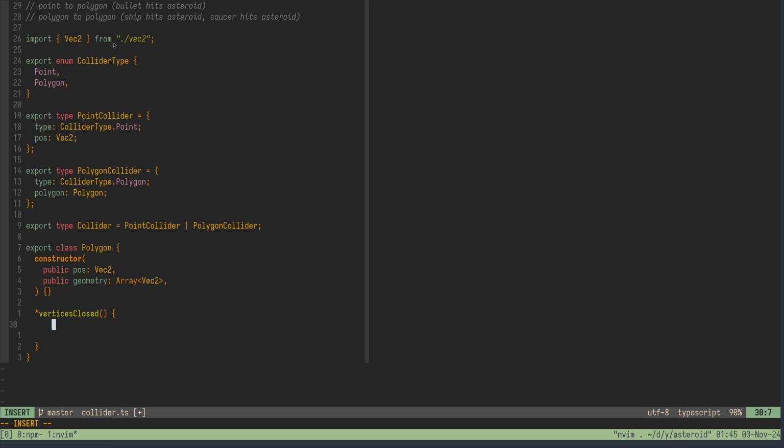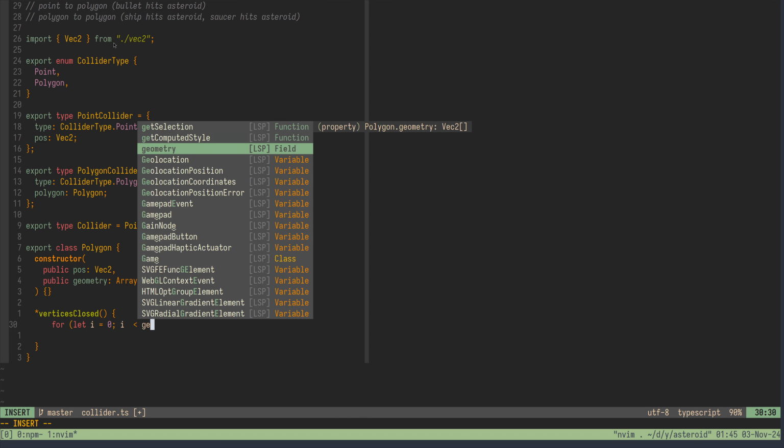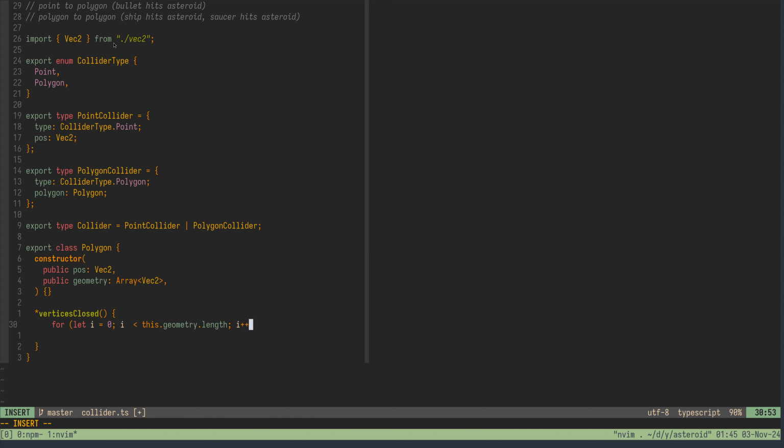So we will loop over our geometry, right? And we will get the vertex. I mean, we want the edges, we don't want the vertices, right? Let's do edges,